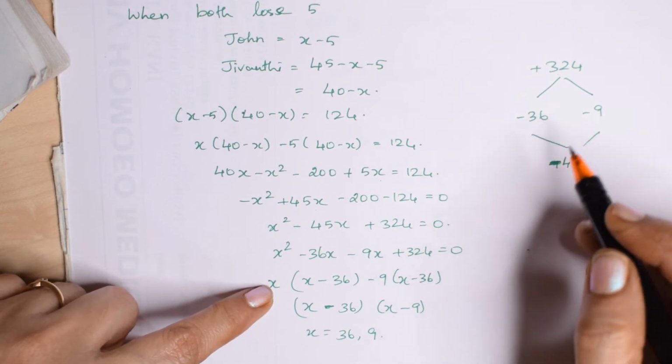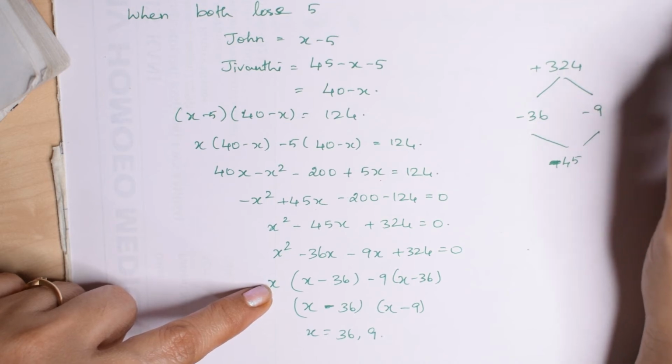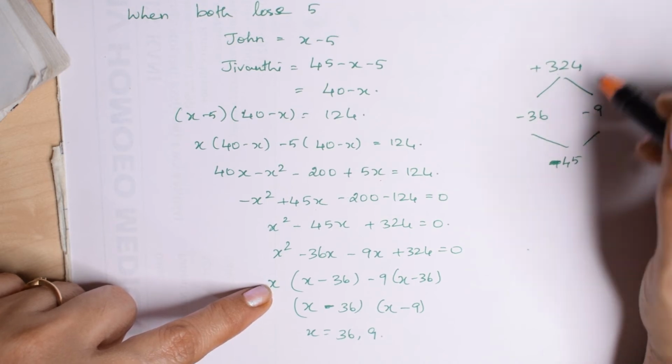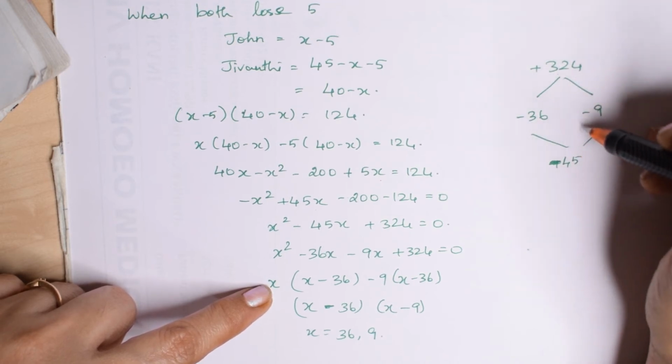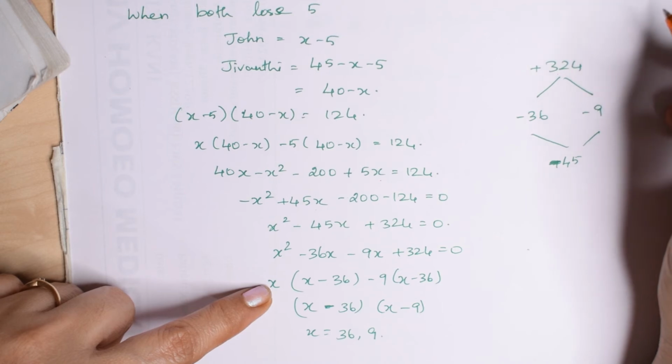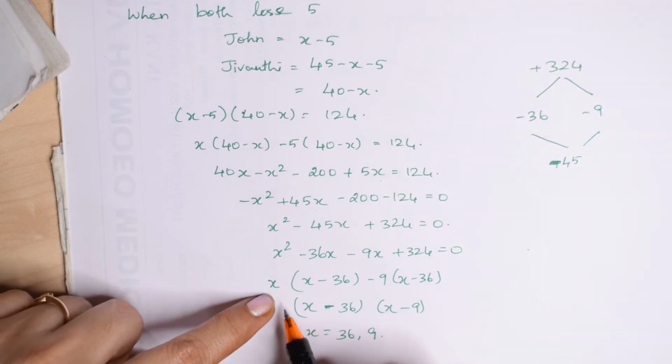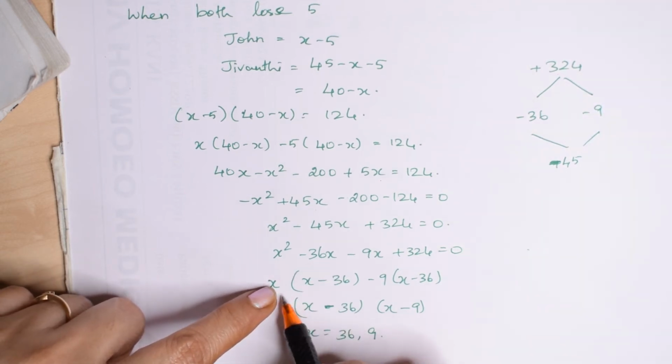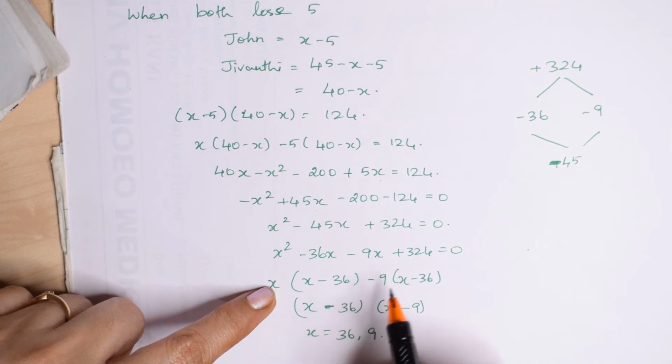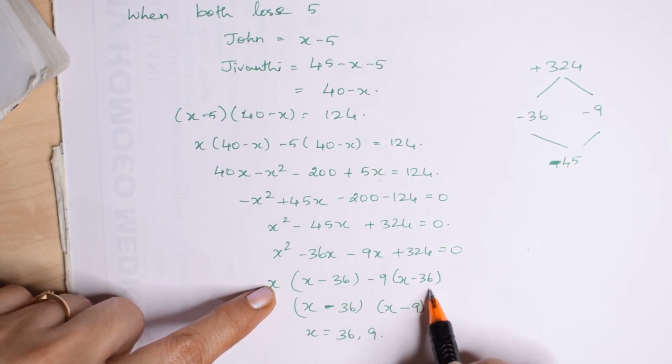Again you can do the L division method. Usually when we do with the L division method, we can arrive at the solutions. That is the easiest way to find. Then the common term here is x, I am taking it outside, x minus 36, minus 9 I am taking outside, minus 9, again x minus 36 I have.